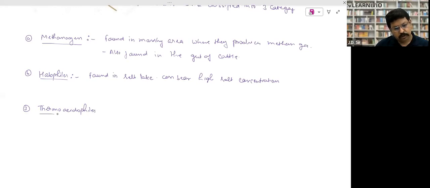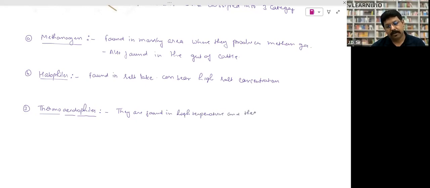Thermo means heat, acido means acidic, and philes means dwellers. So from the name itself, it reflects that these bacteria are found in high temperature, and they can bear